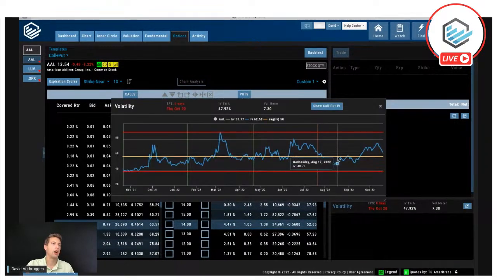I'm going to open that up. It's still high. You can see it was quite a bit higher. It started to come down a little bit. This yellow line being the average. So